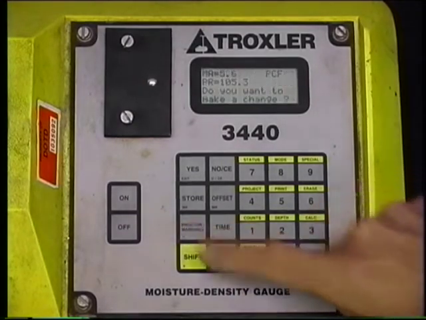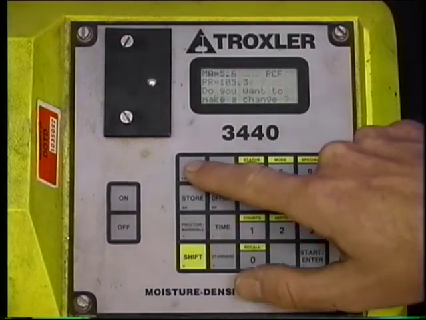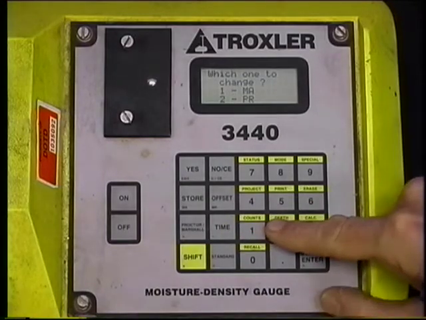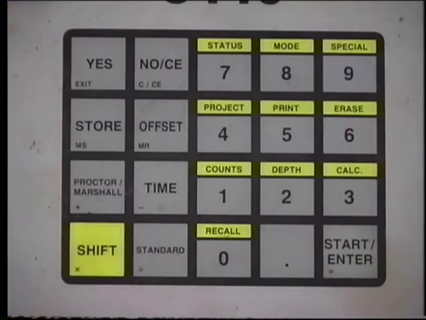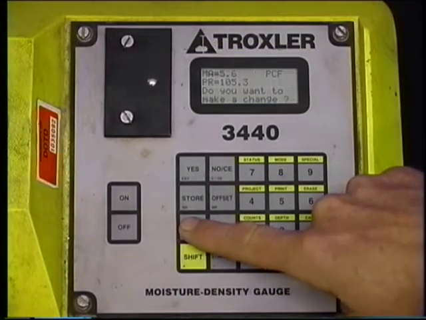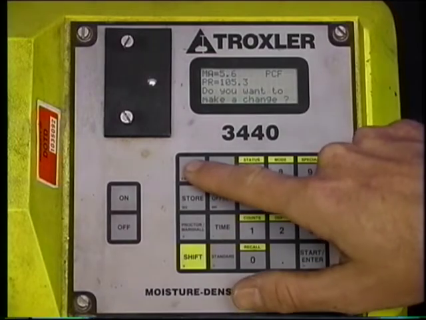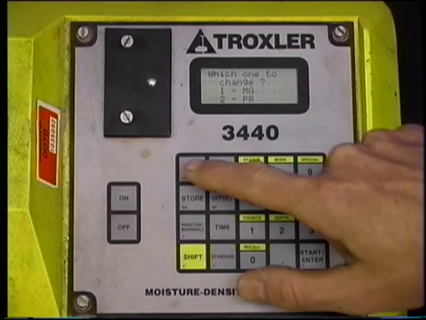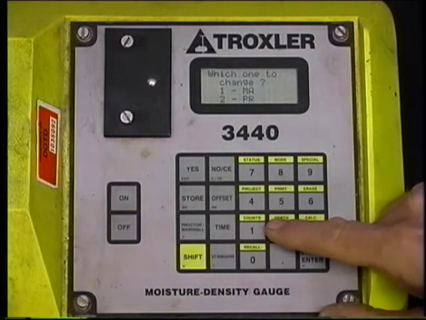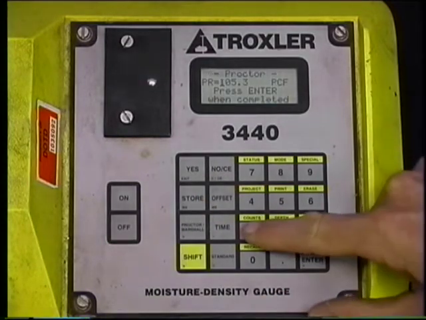Enter the maximum dry density, obtained from a Proctor test or a moisture density curve, into the nuclear device by pressing the Proctor-Marshall key. The display will show the last maximum dry densities entered and a question. Press the Yes key to make a change in the entry marked PR. The display will ask which one to change. Select 2 for PR and press Enter if required. The display will read,